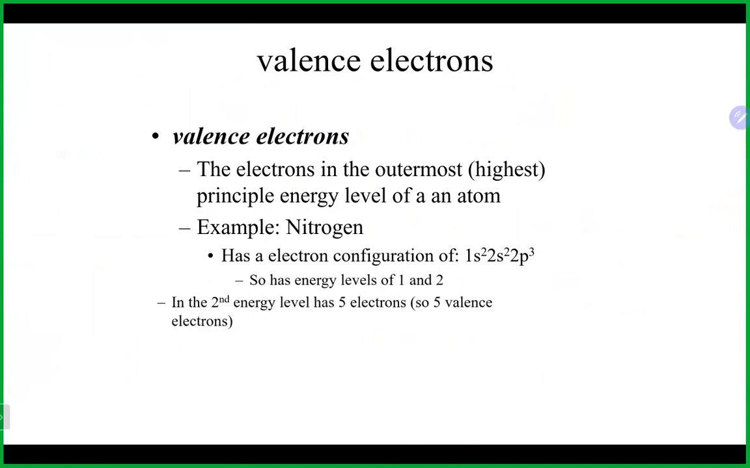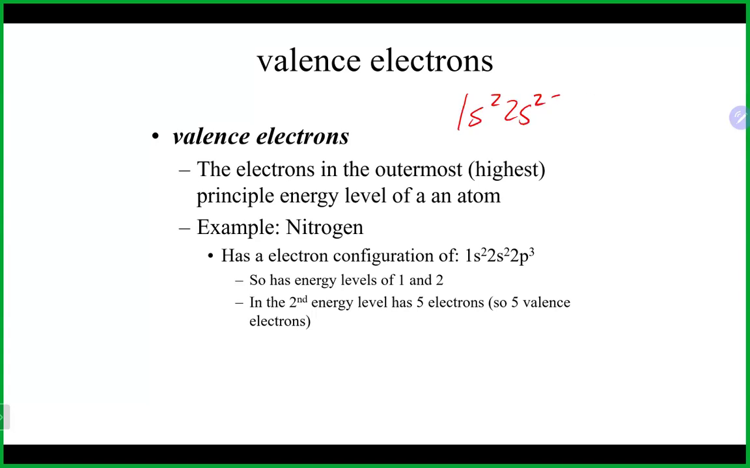some periodic trends and some other parts of the periodic table that will help us understand, again, what's going on with bonding. First off, our valence electrons. Our valence electrons are our highest energy electrons. So when we look at something like nitrogen, 1s2, 2s2, 2p3, remember